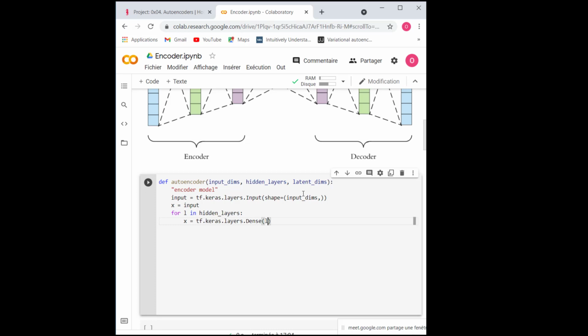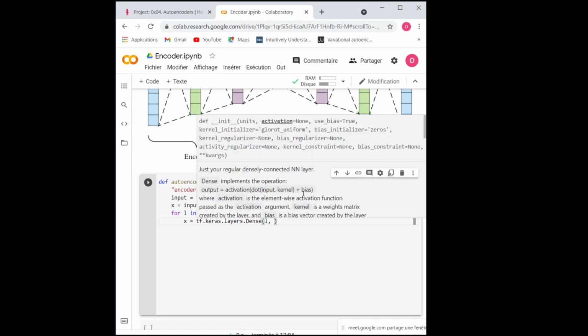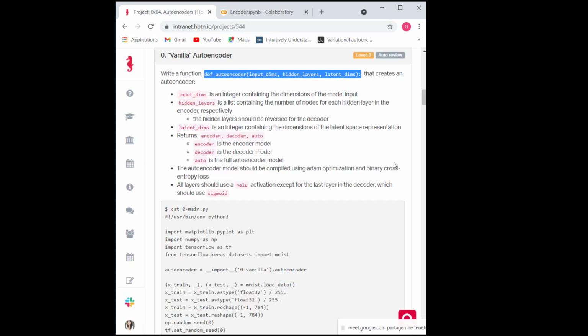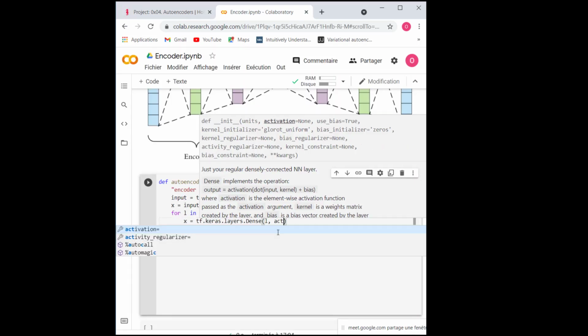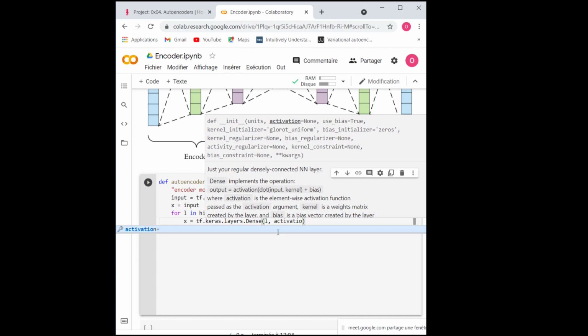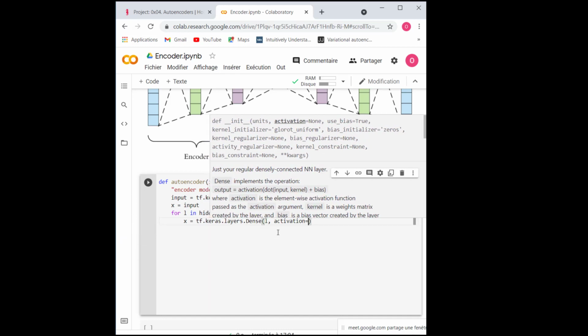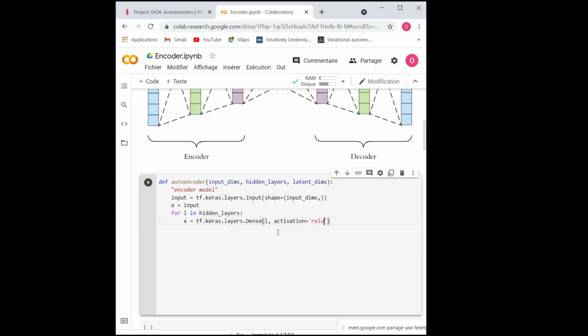The number of nodes will be L in that list. And then I think we want the activation function to be ReLU. So activation equals ReLU. Okay, so this is my first hidden layer, which will take my input.